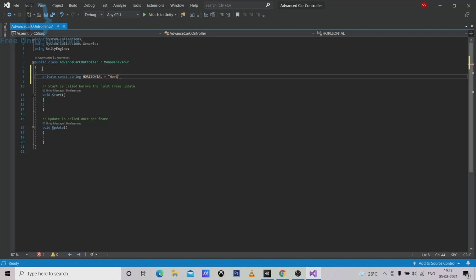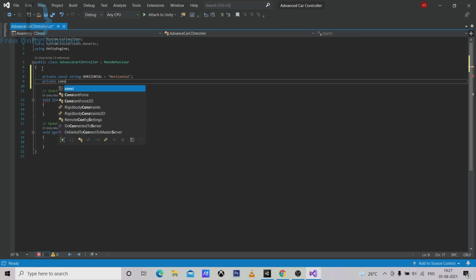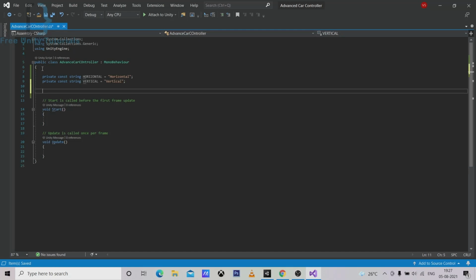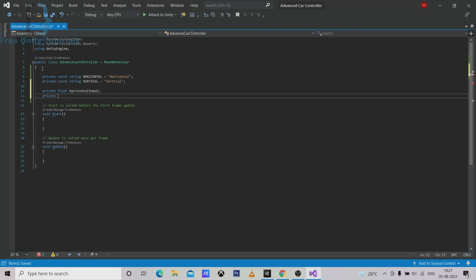and we also need to define one more const string for vertical. Vertical, and it should be Vertical like this. Just don't forget to make the H capital and also the V capital here. Then, private float horizontalInput, and one more private float, verticalInput,